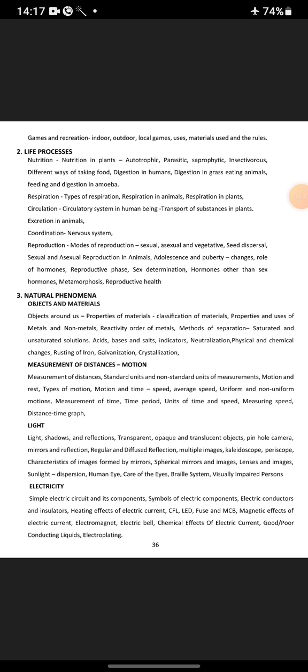motion and time, speed, average speed, uniform and non-uniform motions, measurement of time, time period, units of time and speed, measuring speed, distance-time graph. Light: shadows and reflections, transparent, opaque and translucent objects, pinhole camera, mirrors and reflections, regular and diffused reflection, multiple images, kaleidoscope, periscope, characteristics of images formed by mirrors, spherical mirrors and images, lenses and images, sunlight dispersion, human eye, care of the eyes, Braille system, visually impaired persons,